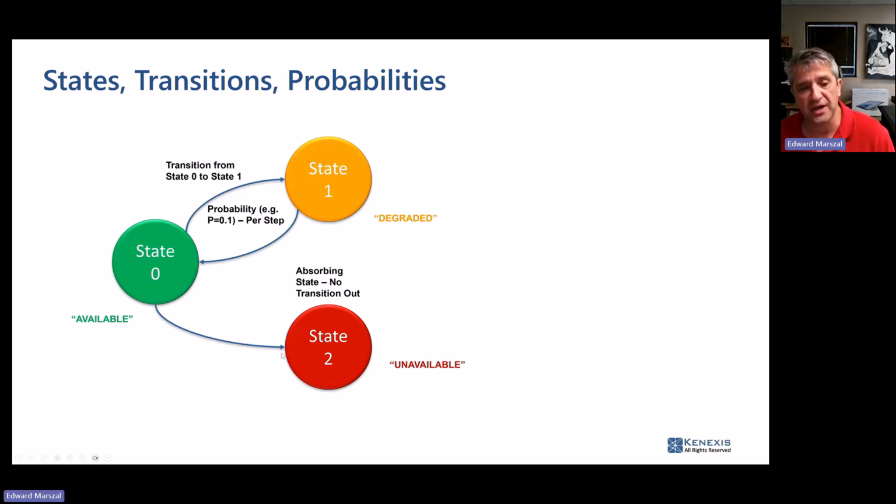Similarly, you can transition out of an operational state into a failed dangerous state. And the failed dangerous state is what we're going to call an absorbing state. Because in the mission, if you fail dangerously, you can't repair out of it because you don't know that you're in that state. So once you get into state 2, you can't leave state 2. You are stuck there. It's an absorbing state. There are no transitions out. All right, so we have our states, we have our transitions.